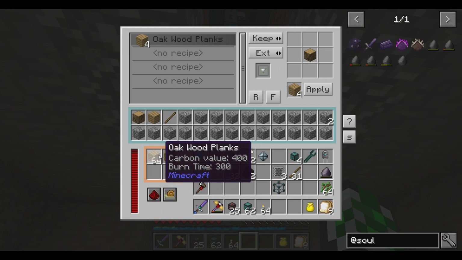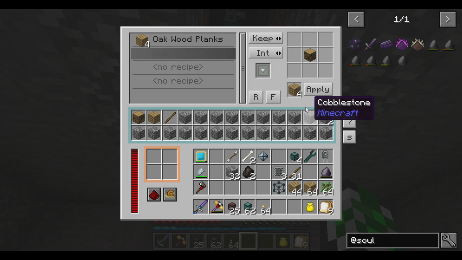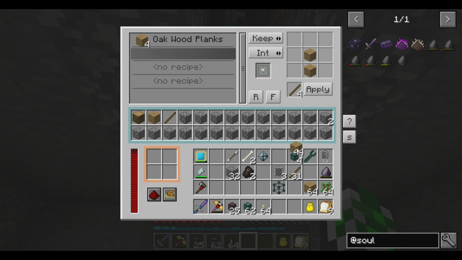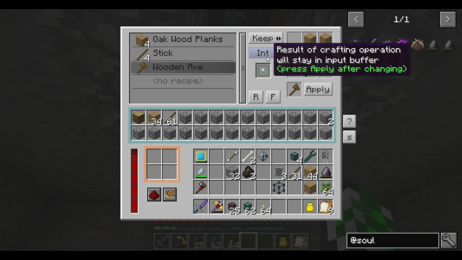So now we can put that in there. Oop. That's not where I wanted that to go. I think that goes internal. This one is going to be this to this. We're going to go apply. So if I put this here, that's going to make sticks. And then this one, we're going to take 2 sticks and 3 pieces of wood. And we're going to go apply. And